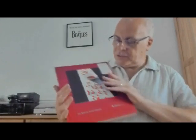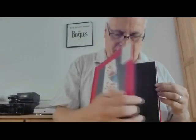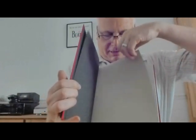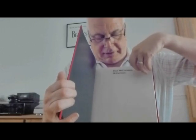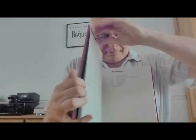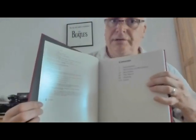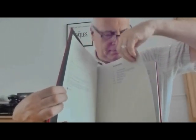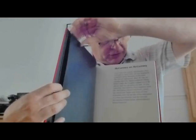So we'll just go through the book. I'll try not to open my books too wide, so you'll have to excuse me if I don't open them fully. So I've just got some blank pages there. Coming into the main titles now. There we go. There's some blurb, more blurb, more writing, and then we come on to